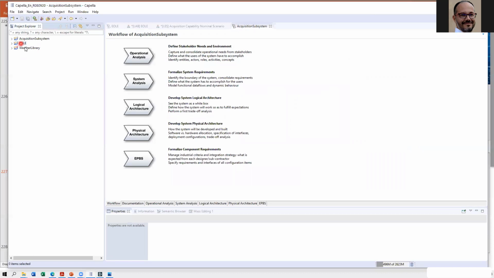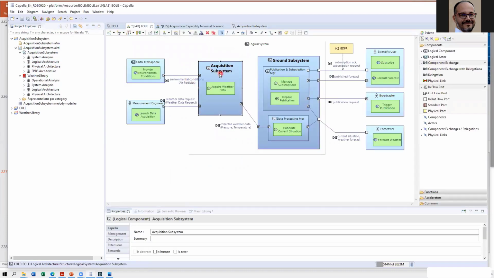Now in my workspace, you can see that I have a third project now. I have my AL project, I have the library, and I have now an acquisition subsystem project that didn't exist before. I have, by the way, a new Activity Explorer for it. And by the way, the tool computed that the acquisition subsystem also needs the weather library, because remember, it was on the acquisition subsystem that we specified exchange items, the referencing classes and types.